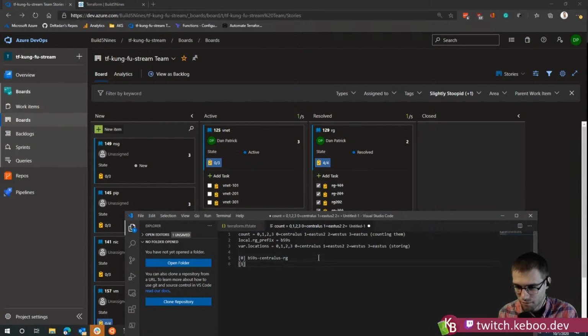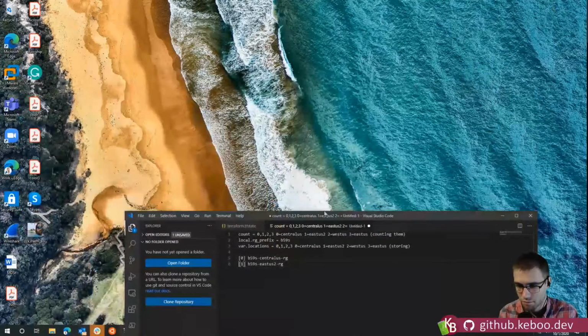And we would get the same thing over and over again. So the next one would be 1. It's going to have most of this, but this time we're going to have the injected value of what equals 1, in this case East US 2. So that's how this list is going to get constructed. I'm not going to do them all, but you get the point. When we actually run this code, we'll see the individual resources show up in the output, but also what's in the state file will be those, right? Correct. So it's kind of fascinating when you actually run this and think through what's happening here.